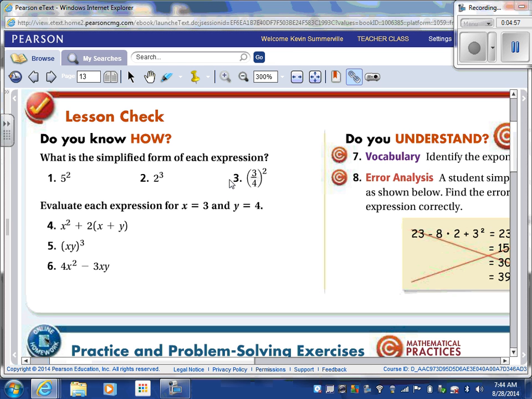So when I do that, 3 times 3 is 9, 4 times 4 is 16. Okay? This is the part I want to see. I want you to show me what that actually means, not just the answer. You can put this in your calculator and get the answer. Okay? 3 times 3 and 4 times 4. In your calculator,